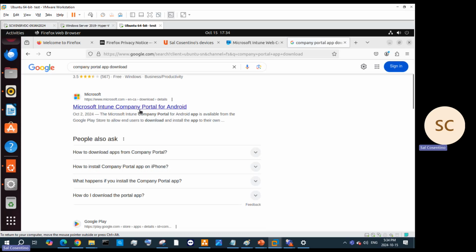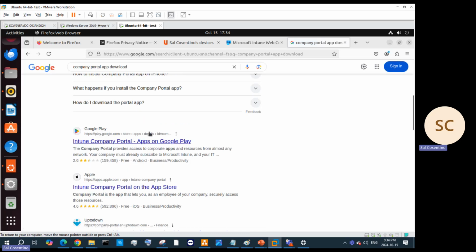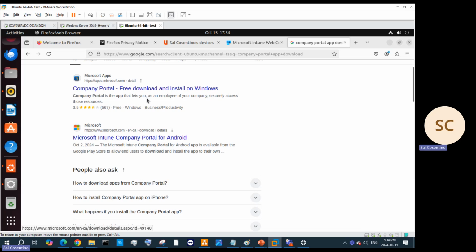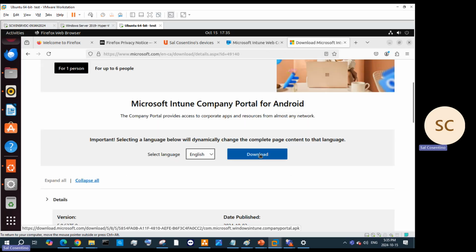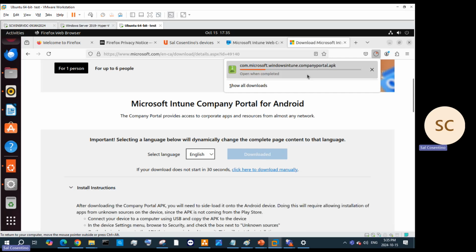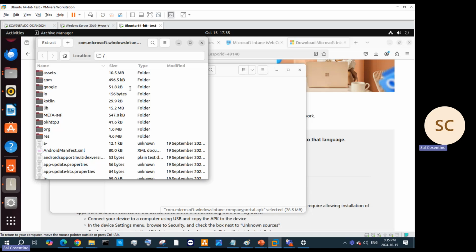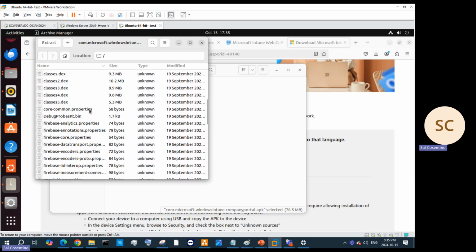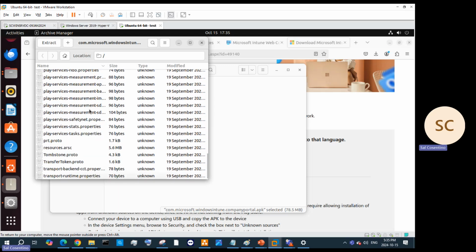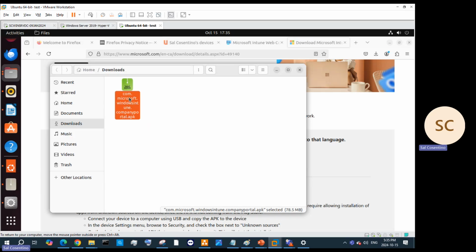Right, so we can go ahead and download the Company Portal app with this machine, right? I'm gonna go ahead and download this and I'll open it when completed. File, double click on the APK, and this will have the file information here that I need for this. Hopefully,